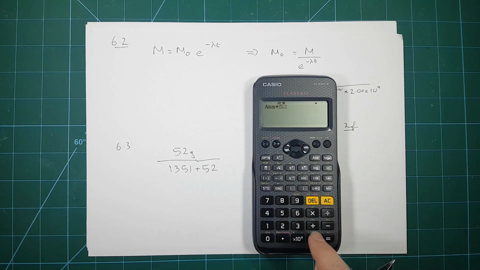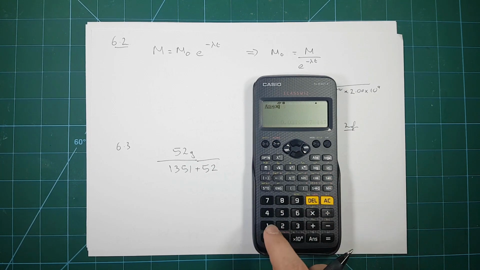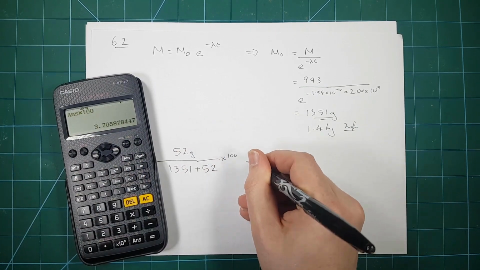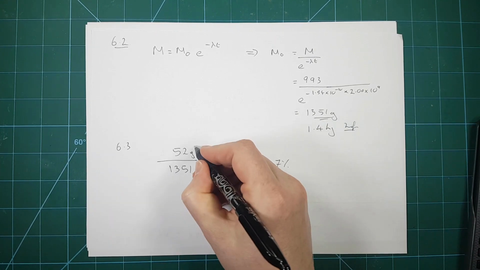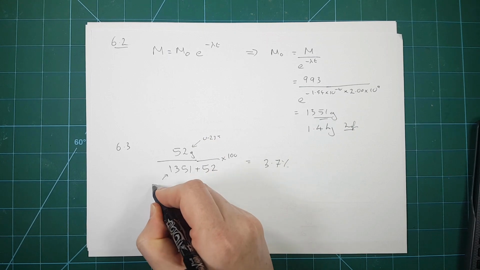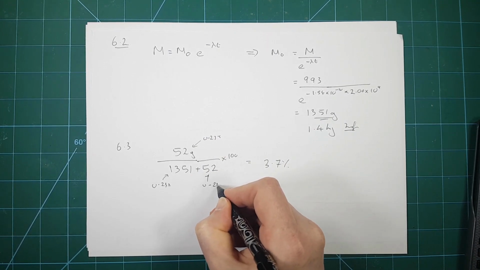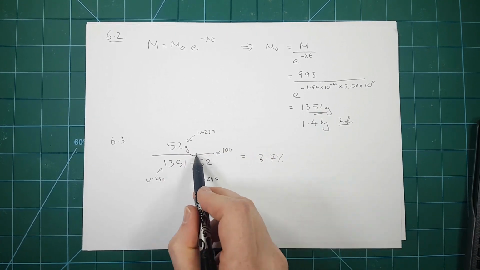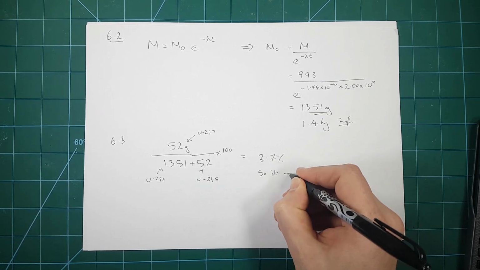So add in 52 and then do 52 divided by the answer times by 100 to turn it into a percentage. Gives us 3.7%. So that's the uranium-238 and the uranium-235. So it's uranium-235 as a percentage of the total. It's 3.7, so it would